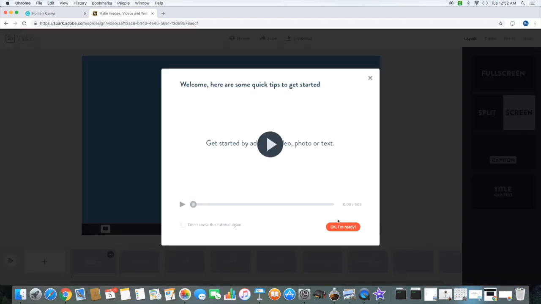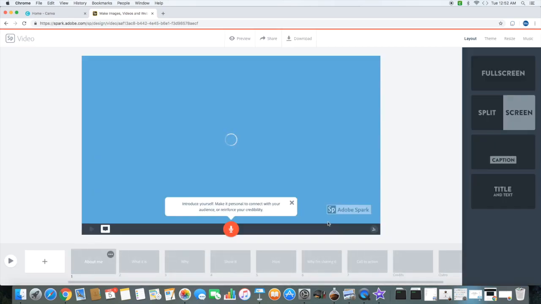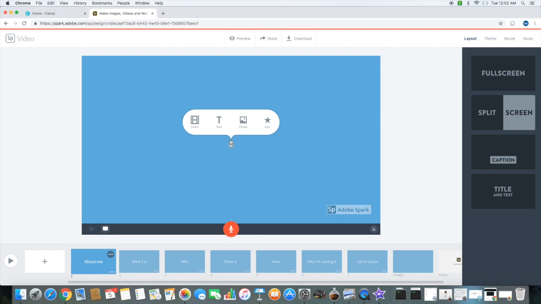Now, once again, it's going to give you tips if you want them. Instead of this being about me, I think I'm just going to show you how to insert some things in here. I like the idea that this can be a full screen, split screen, title screen. You can adjust how you want this. So instead of this being about me, this is going to be a title screen. But as you can tell, you put the text here,